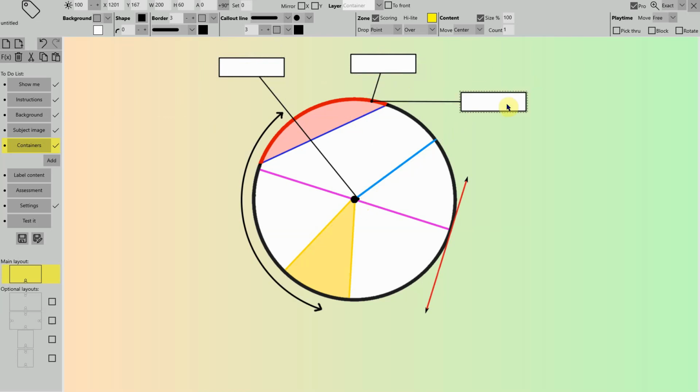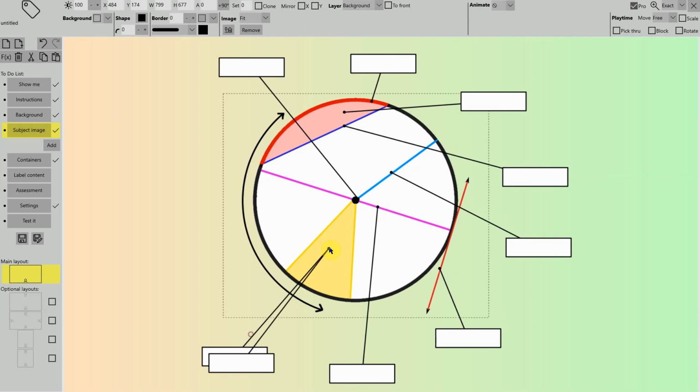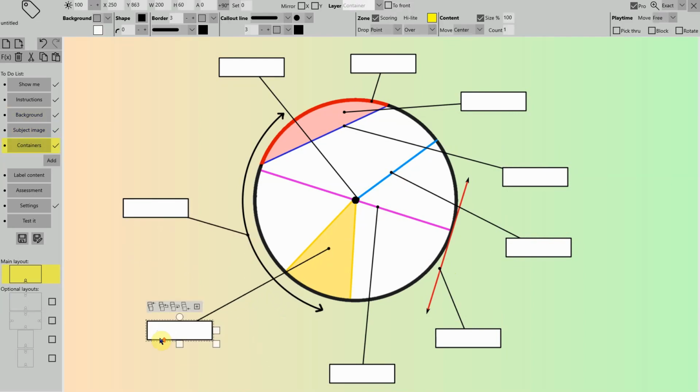Add another container and repeat the process until you have all of your labels that you require. So that's all the label containers that I want to add, and then I've now finally got to add my label